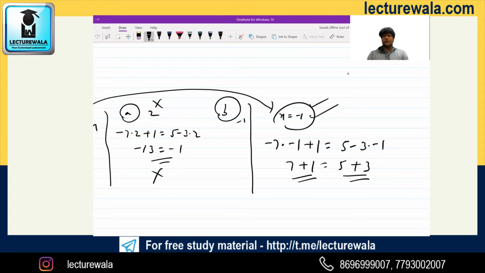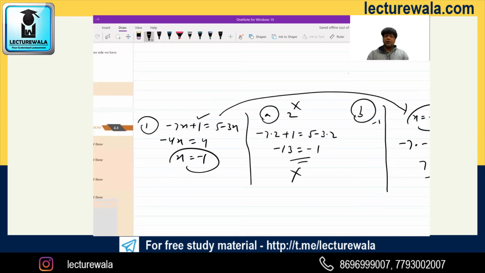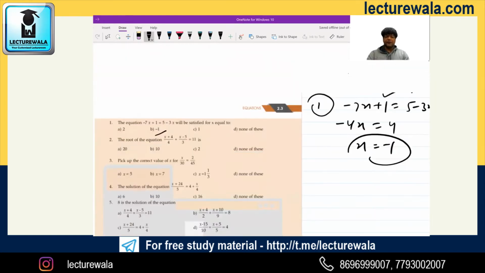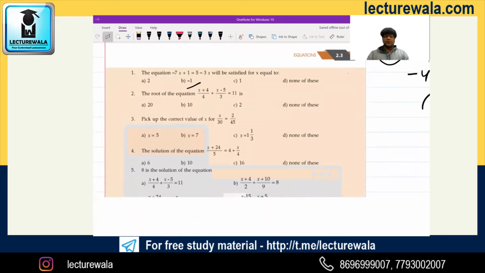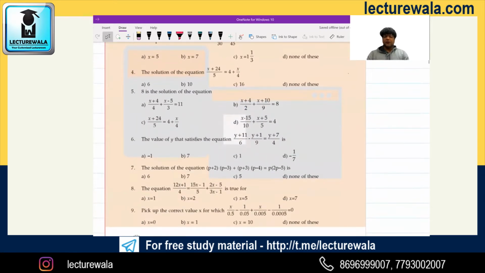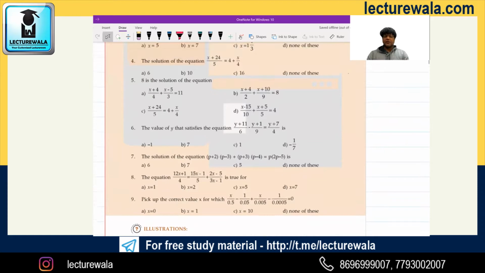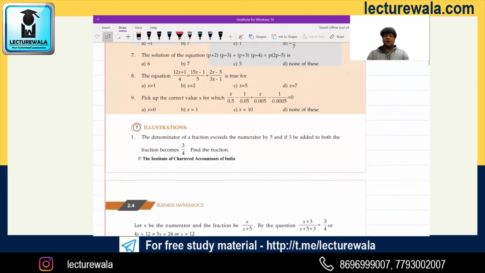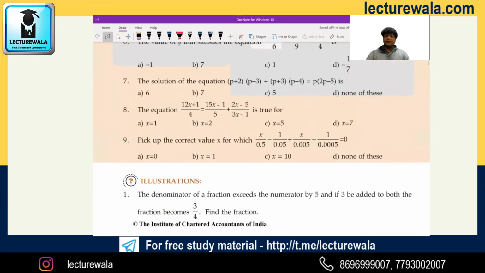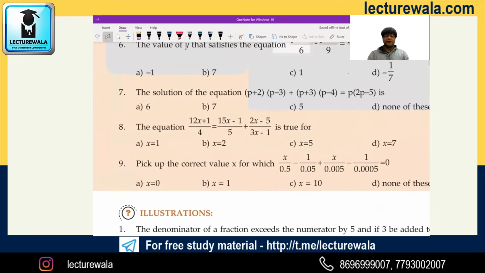So guys, two ways only. Either you solve originally or you do by option hitting. So there is nothing special for me to teach here in this first exercise. Now, anywhere if you find it difficult to calculate, like see here question number 8, fractions are there. So here, if you think that putting values and calculating will be difficult, then you take the LCM of both the sides and cross multiply, and you'll get the answer.